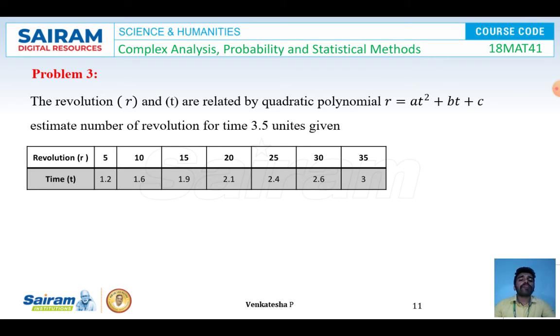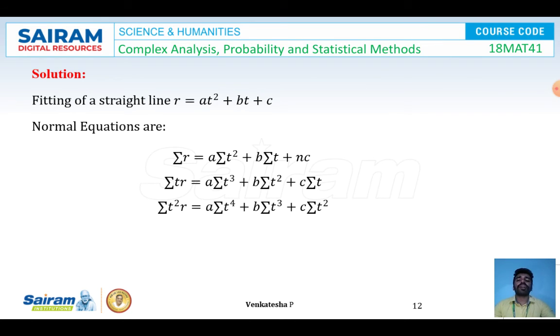So now the first thing is we have to make a normal equation for the curve r = at² + bt + c. So applying summation, I got summation r = a summation t² + b summation t + nc, and summation tr = a summation t³ + b summation t² + c summation t. Summation t²r = a summation t⁴ + b summation t³ + c summation